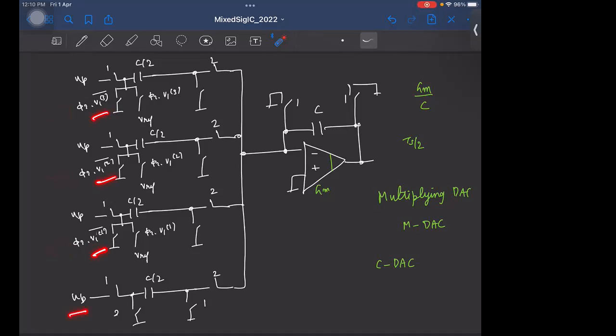Similarly, for the 3-bit case, you'll have 7 thermometer output bits, right? So we'll have 7 such branches, and 1 additional branch for the input. And what do you think will be the capacitor values in these 7 branches, assuming that this capacitor is C? No, I'm talking about this capacitor values here. If this is C,